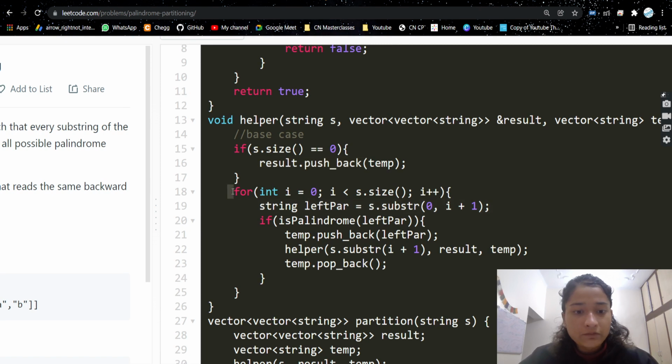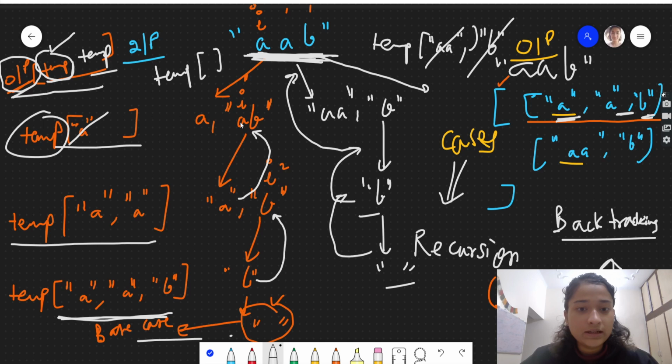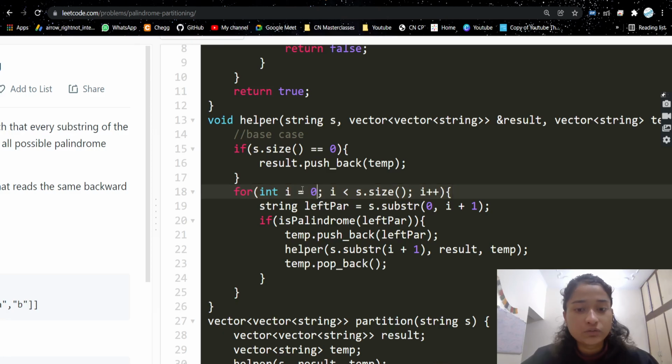Then we will be going at each position, like we'll be running a loop on the string. First of all, we'll take the single A, then we take this AB, like that. So we are having this loop, and we will find the left partition first. We are using the substring function to find the left partition.